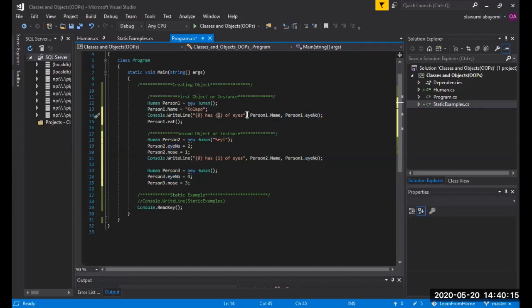So when it's printing this, it will be printing the person's name, like Kolapo, replacing here. Then person.eye_number, which is 2, replaces what we have here. So the 1 here does not stand for the number 1; it's mapping 0 to what we have here, and mapping 1 to whatever we have here. So as we want to slot in other variables, I will just use